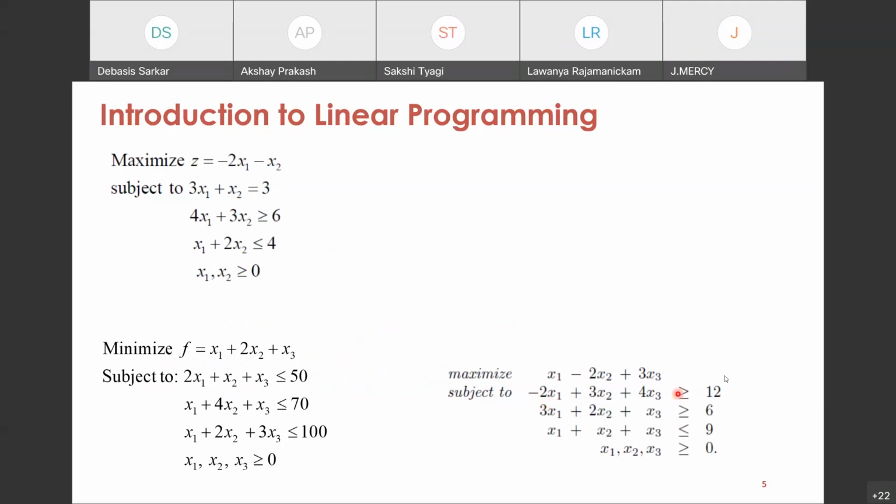So here you see some examples. You see what is common in all these formulations is that the objective function is linear, and the constraints are all linear. And these constraints are inequality or equality type, and they are all linear. So everything can be put in a